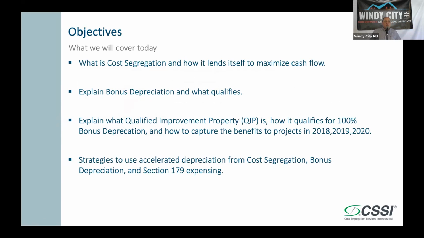So what is cost segregation? Cost segregation is basically accelerating your depreciation on your property. What a CPA will typically do is a 39-year straight line depreciation for most property types. For residential properties, it's 27 and a half. And by going through and accelerating your depreciation into the first year or earlier years, what that does is front